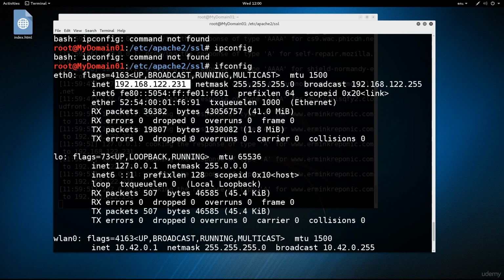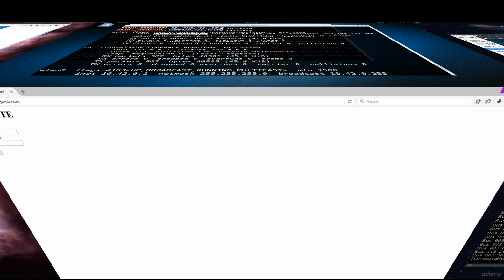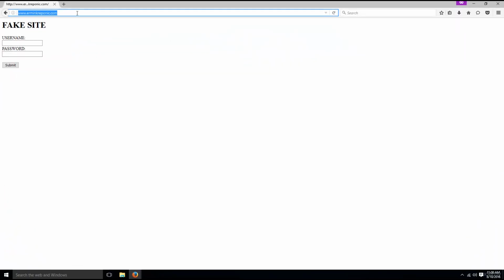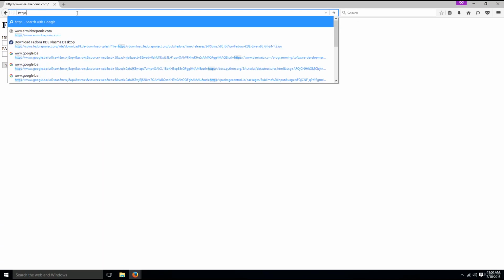Okay, now that our web server is configured to accept traffic on port 443, we're going to go ahead and have a look at how this actually works. So the client should be offered to actually sign the certificate. Let's go ahead and type in HTTPS